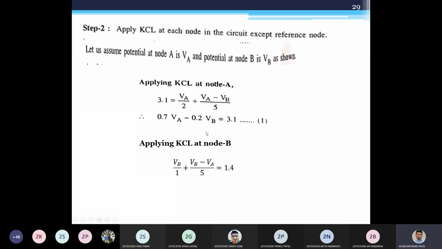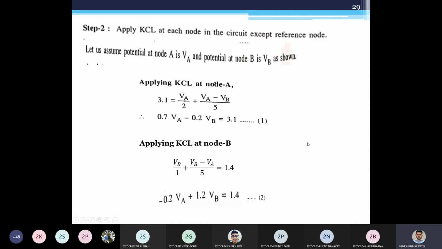So using these two equations, this is the second equation. I'm just simplifying this equation. If you do not like working with 0.7, what you can do is take the LHS and do cross multiplication, and then have integer numbers over here rather than float values. You can do that, whichever method you prefer. At the end the answer would be the same in both cases. So they have come up with these two equations, simplifying for VA and VB: 0.7 VA minus 0.2 VB equal to 3.1, and minus 0.2 VA plus 1.2 VB equal to 1.4.